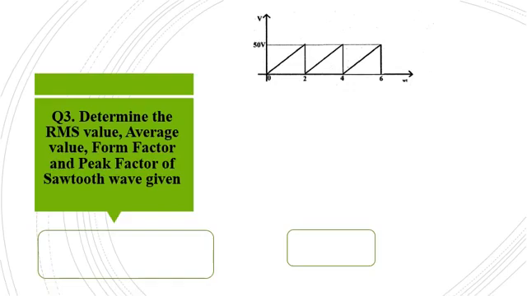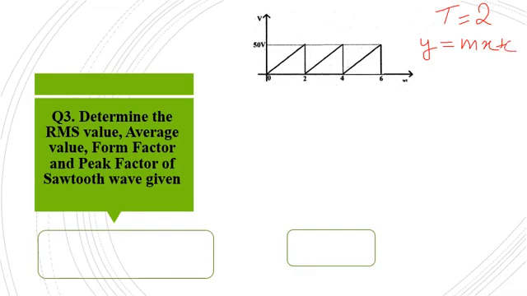Then, either we have to find the average value or RMS value, we need the equation for the wave. So here we can see that in this interval 0 to 2, the value of voltage V of t is increasing linearly up to 50 volt. So this is actually a straight line. So we know that the general equation of a straight line is y equal to mx plus c,